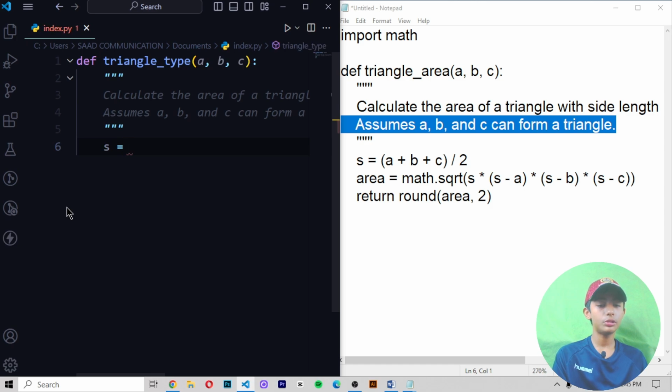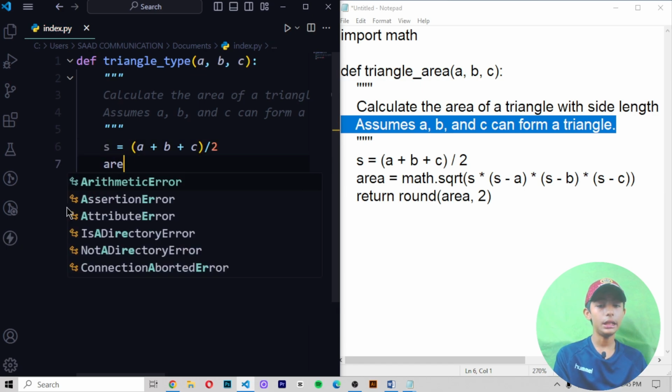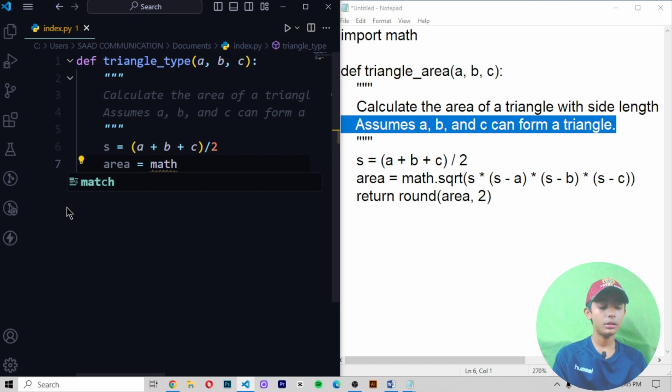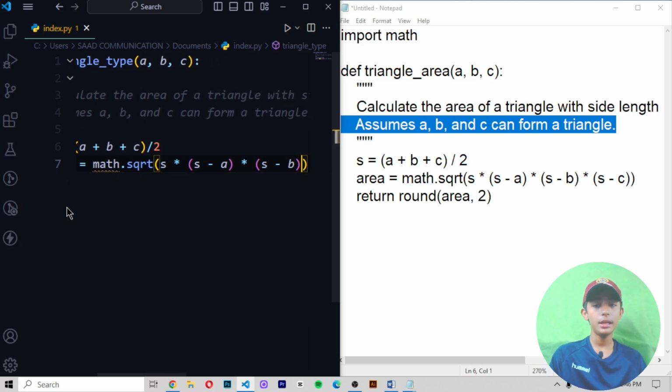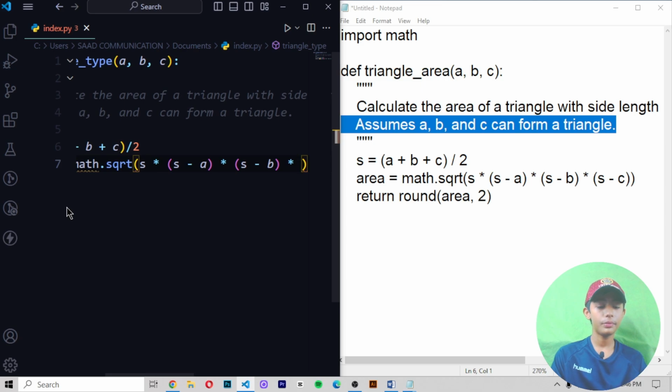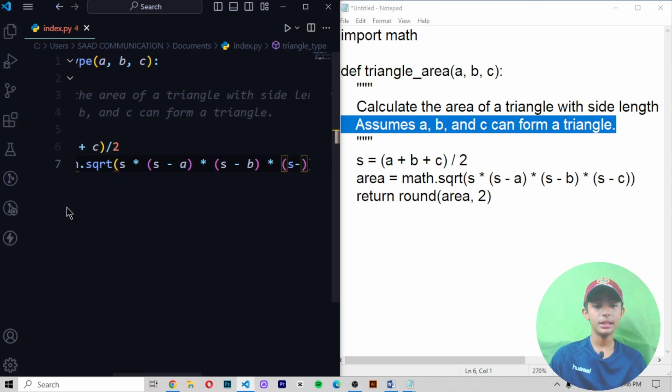Then s equals (A plus B plus C) divided by 2, then area equals math dot sqrt of s multiplied by (s minus a), multiplied by (s minus b), and multiplied by (s minus c),